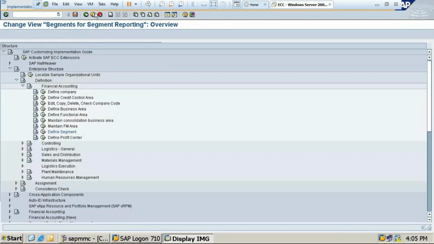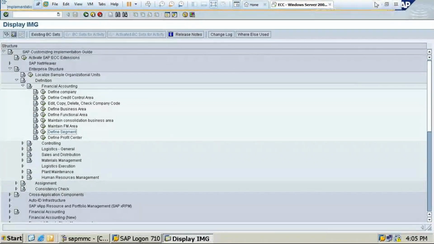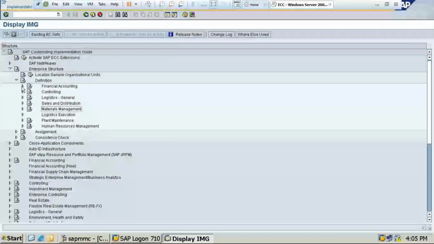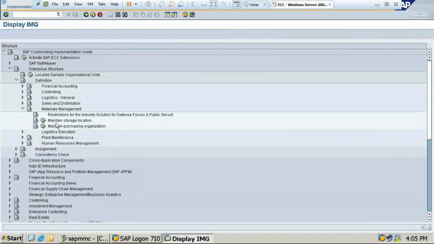Next, in the same manner, if I want to create in material management, MM, this is for FI. Under Definition, you will have the material management details. Mainly in material management, you will create the storage location, that is, where you are going to store your stocks.